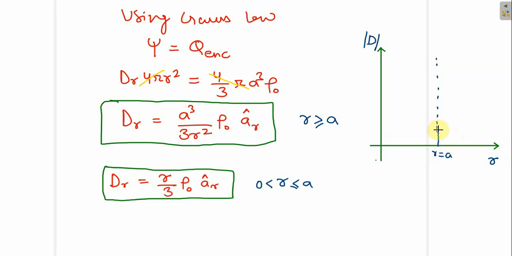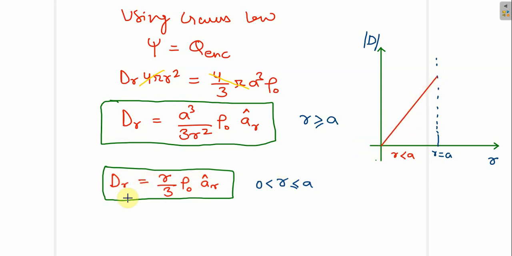Okay, so in this case, for this r less than a (for r equal to a we have already written, so it is less than a), in this region you can see this dr is directly proportional to r. So for direct proportionality, which kind of graph do we use? For direct proportionality we have the straight line, so it is like this.